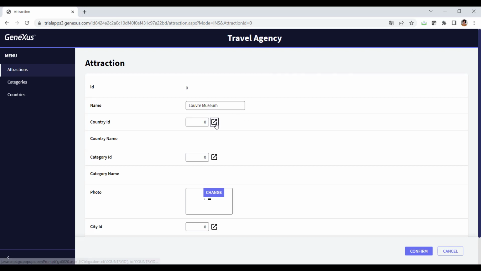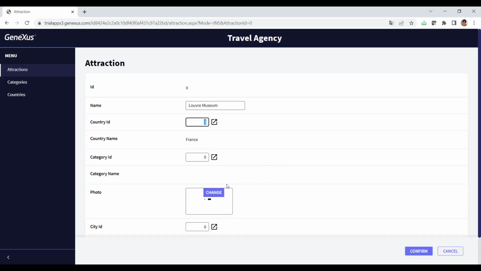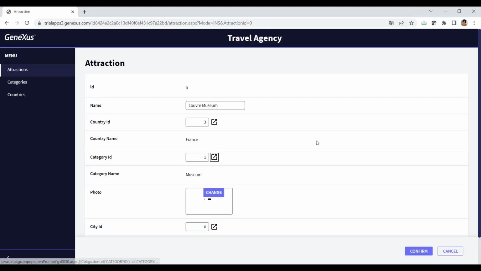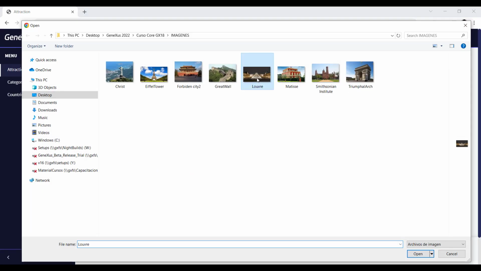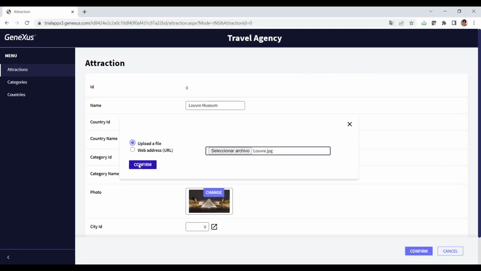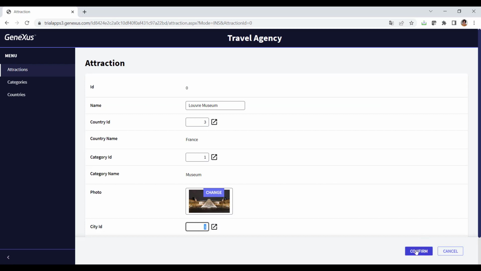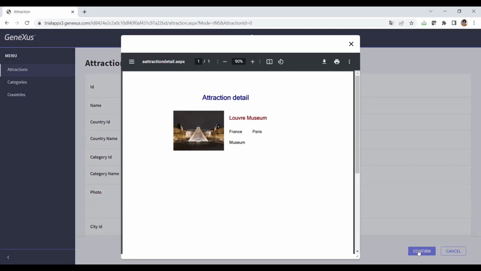We enter the Louvre Museum, which is located in France, in Paris, and we upload its photo. And then we see the PDF file in a pop-up window with the detail we've just entered. Closing the PDF triggers the return command, and we return to the initial screen.